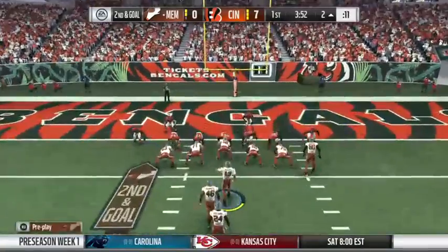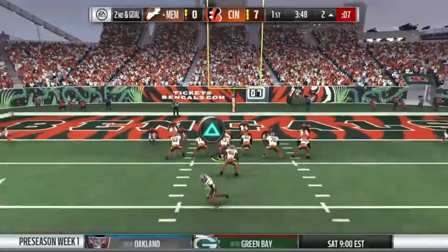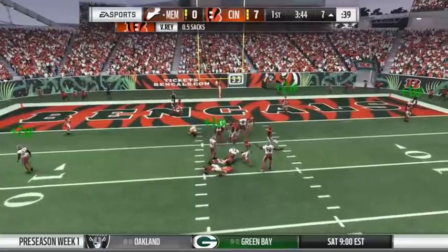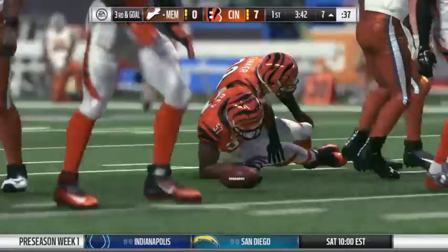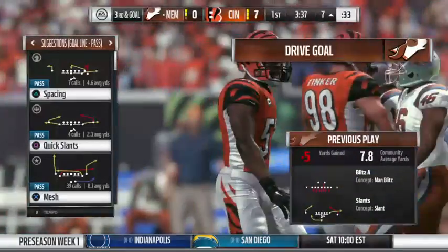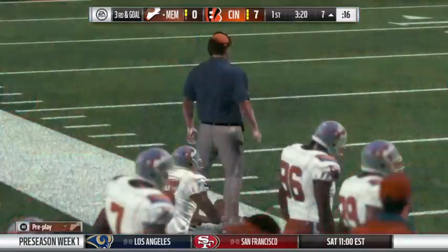Couldn't do it there. It'll be interesting to see. Offensive line had to pass block a lot on this drive. Will they be able to revert and fire? Pressure now is going to go down. Sacked back around the 8. Vincent Ray in there to get him for a loss of 5. So they were stopped trying to run the ball on 1st down. Now they take a sack on